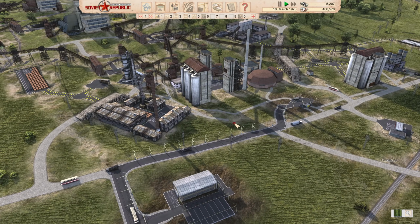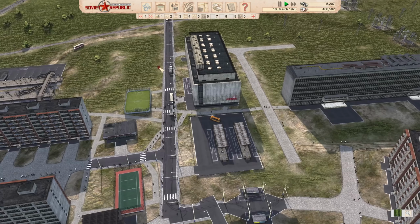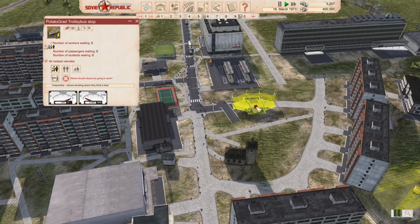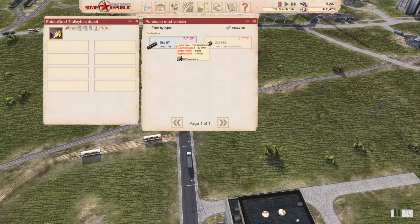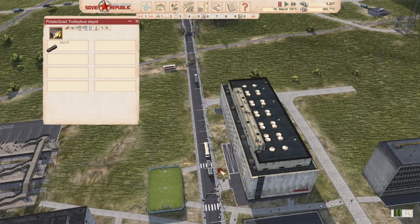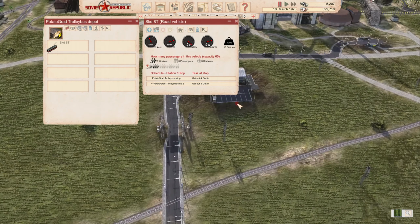No workers at the asphalt plant at the moment. That is a very big problem. A very, very big problem indeed. Maybe I want to get a second one. I actually think I do. I actually straight up think that I want to get a second trolley bus. The reason that I want to get a second trolley bus is...